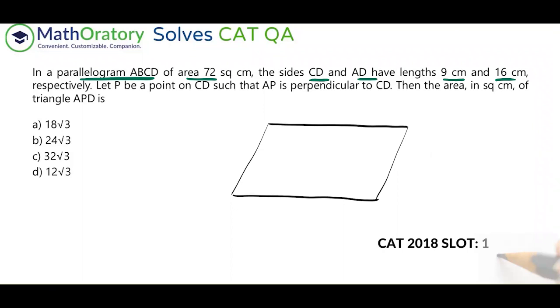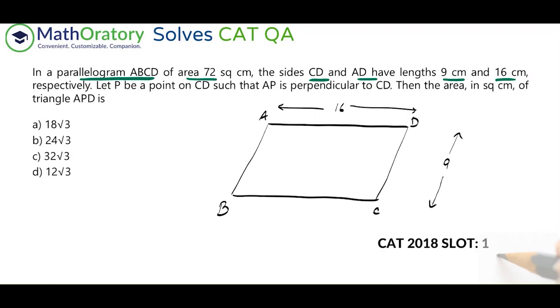So now I'm going to name it in a way that these values are ascertained. So CD is the smaller one and AD is the larger one. D is common, right? So I can name it in a lot of different ways. So I can do it in this way, let's say A, B, C, D. So AD is 16 now, this length, and CD is 9. So I'm just trying to keep a parity so that it's easy to understand.